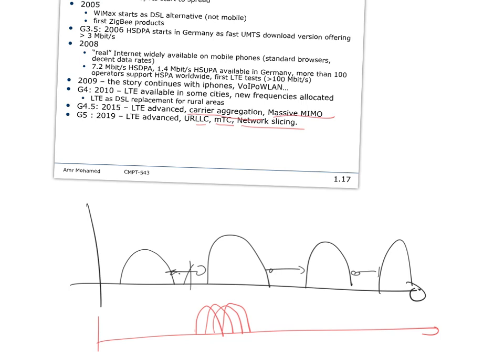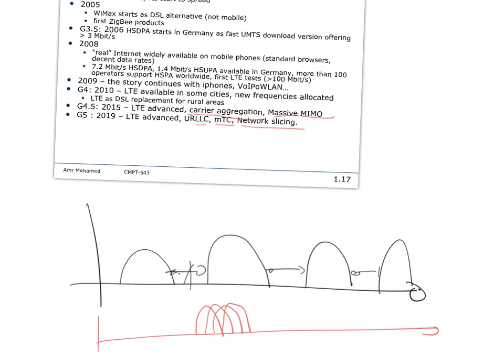So one single user can have some aggregated channels dedicated to that user in one instance of time. And then other users will be allocated these channels dynamically using some smart algorithms. That's why radio communication or radio resource management is quite complex. And we'll talk about this in a significant part of the course, how to do radio resource management. It's a big challenge. Of course, each of these requires a lecture to just talk about.